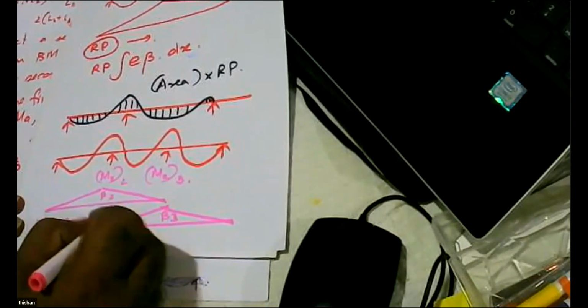This is beta 2, this is beta 3. So 2 for upper limit and 2 for lower limit. So that's why I get 4 equations. Right? So if I share now,